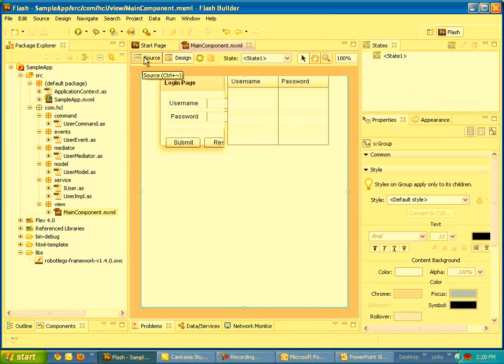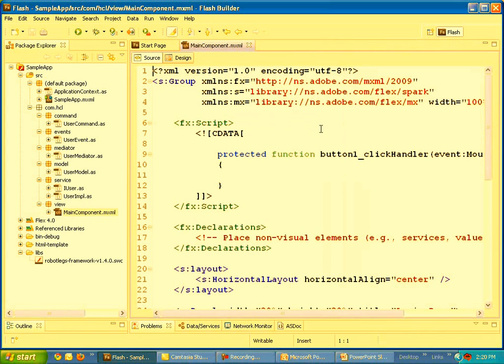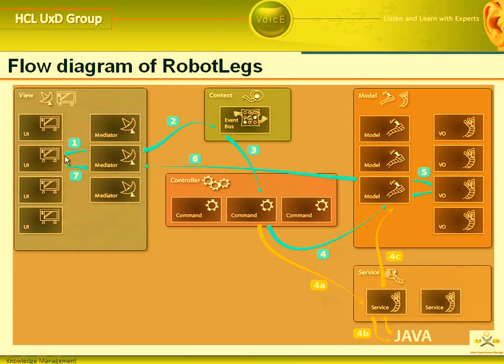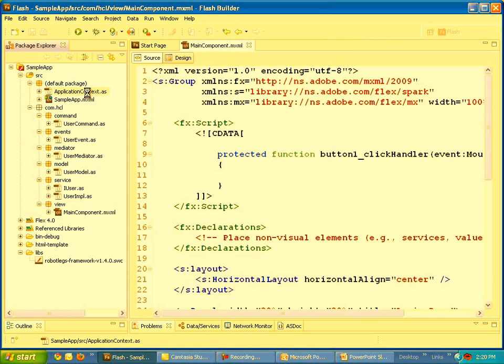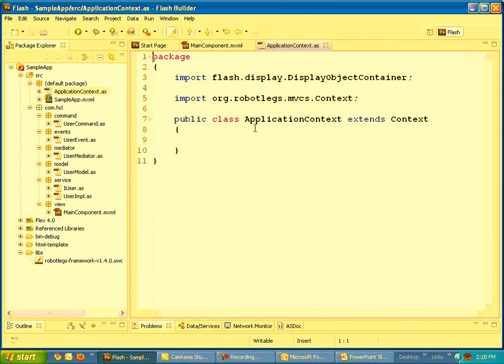This is a view already which is created. Now if you observe in the diagram carefully, step 1 is first we need to raise an event from UI, and which will go to the appropriate mediator along with context configuration. So first step is, before raising an event, go to application context, and inside application context